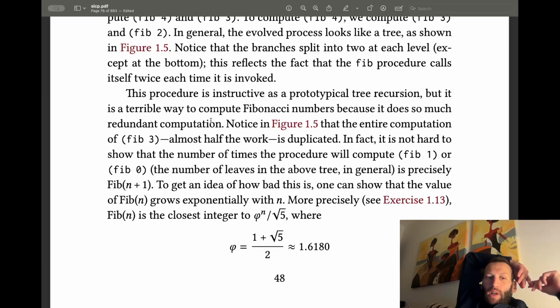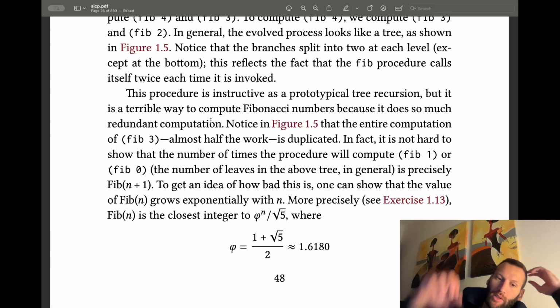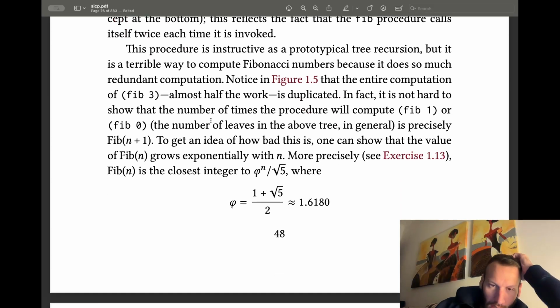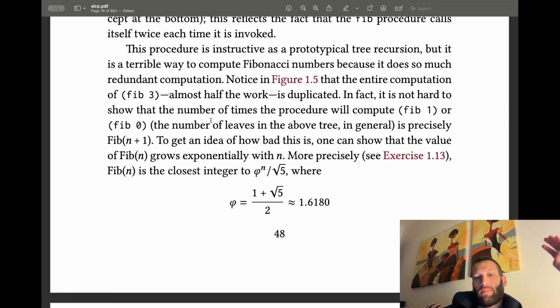More precisely, fib of n is the closest integer to phi to the power of n divided by square root of 5, where phi is (1 plus square root of 5) divided by 2,